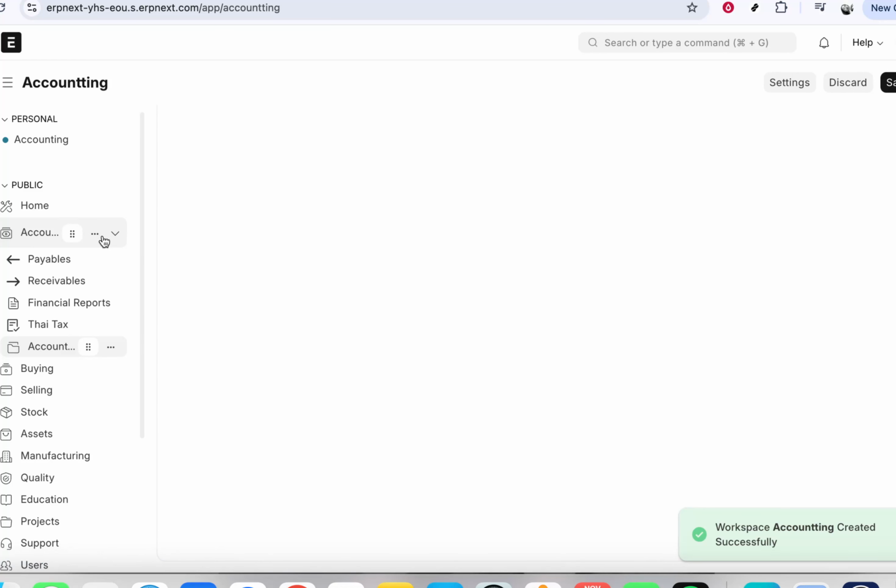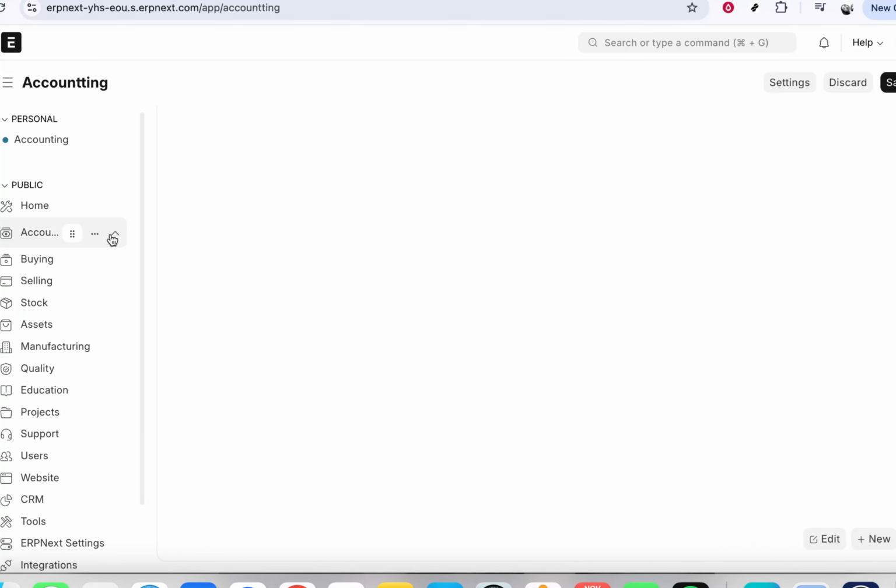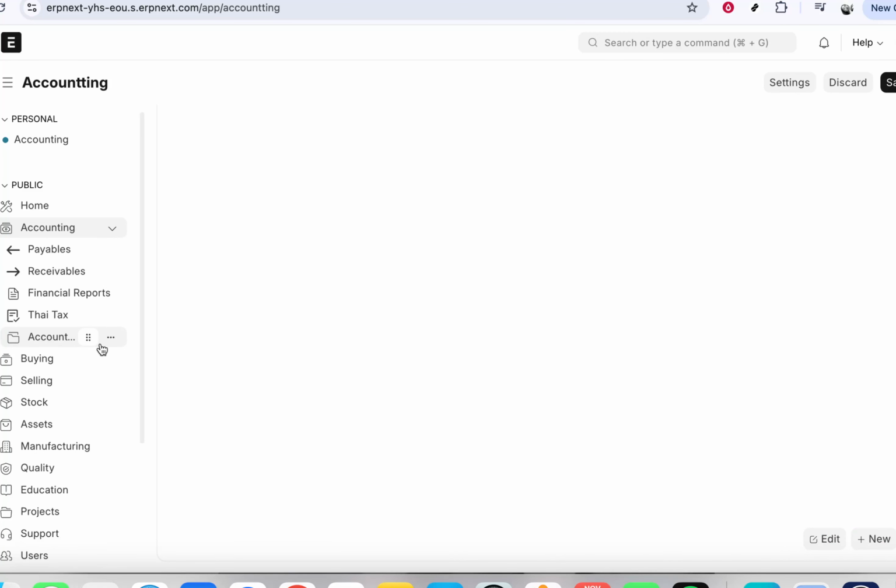After a moment, ERPNext will generate the workspace, and you should see it appear in your list. From here, you can start customizing it further with reports, shortcuts, and other